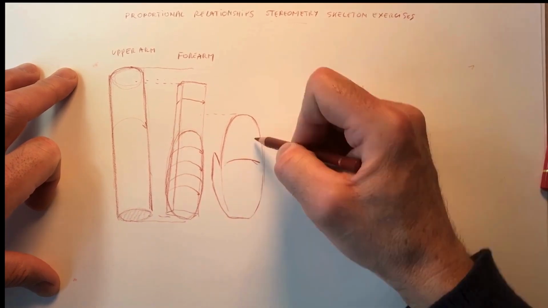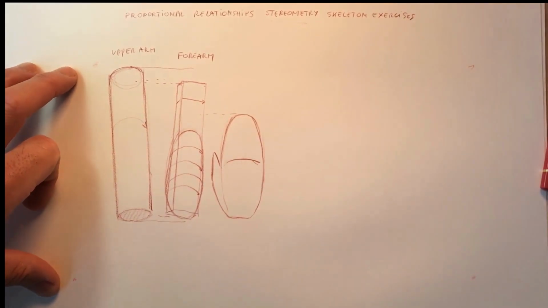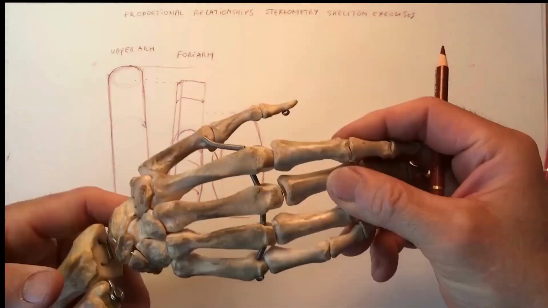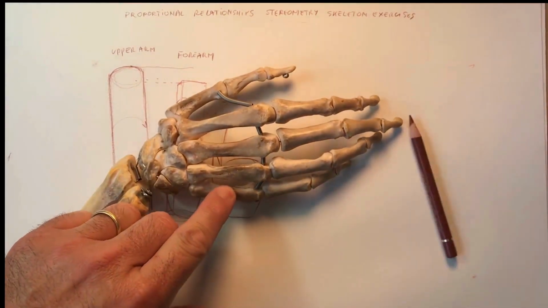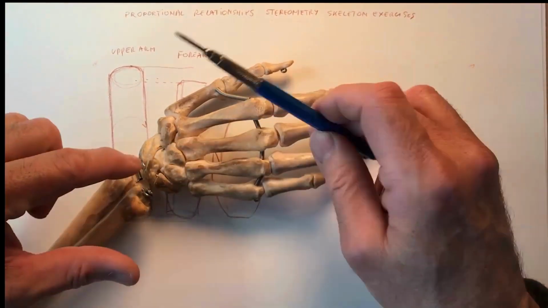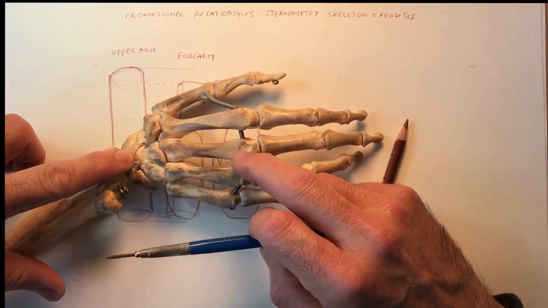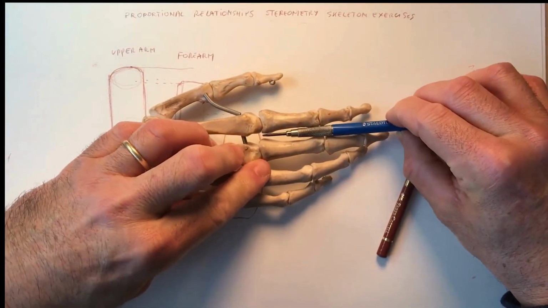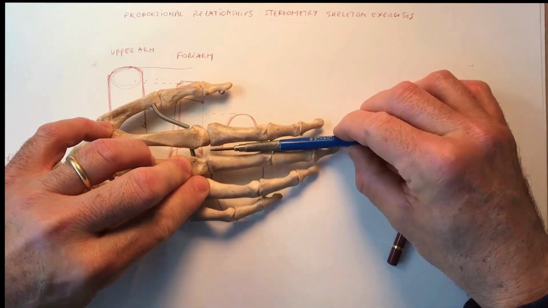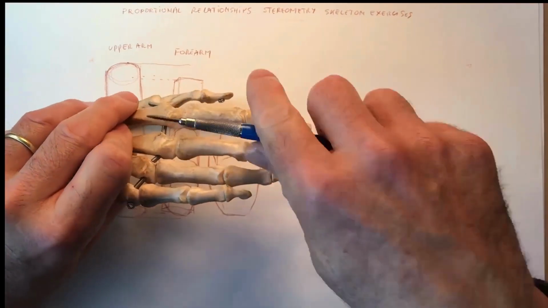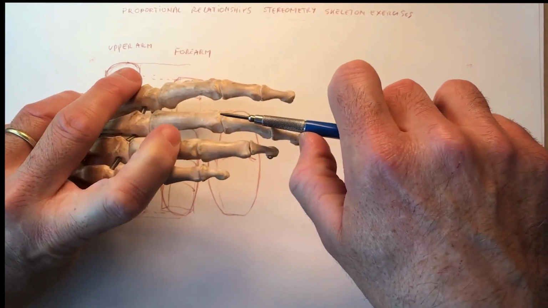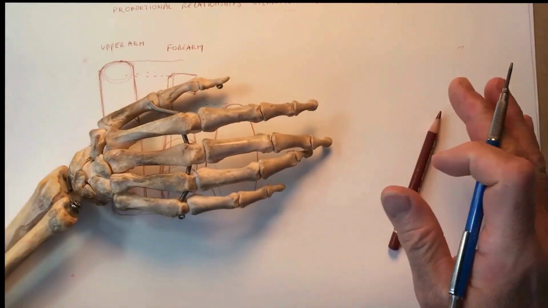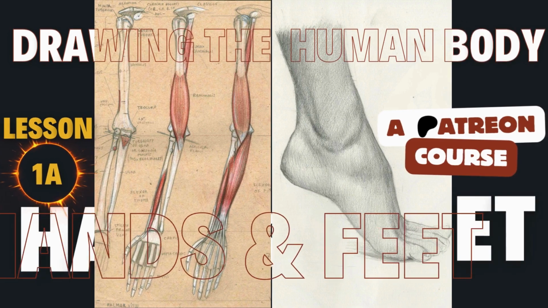So if you want to keep going with this specific approach to looking at the limbs of the arm, we see how, in this case here, the length of the carpus and metacarpus, when we go into this later on, is a little bit longer than the length of the fingers, just barely. Then I look at this segment in here, it's going to be a little bit longer than this segment in here. This segment in here is going to be a little bit longer than this segment in here, okay? So knowing that,